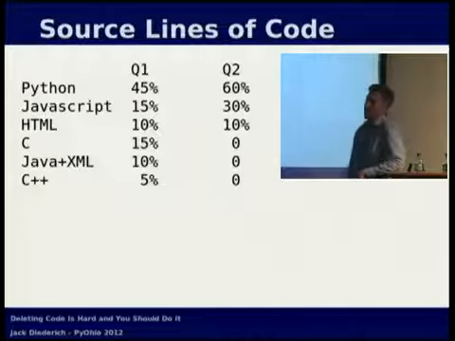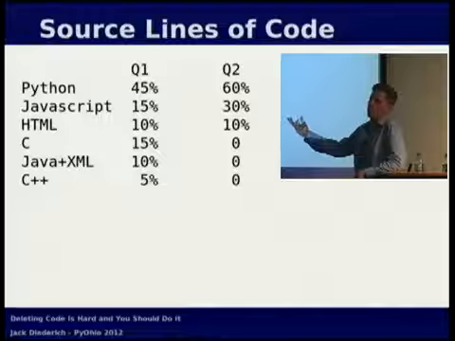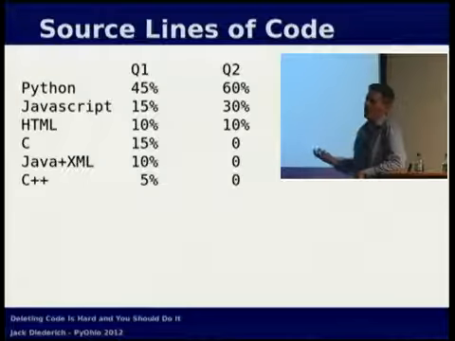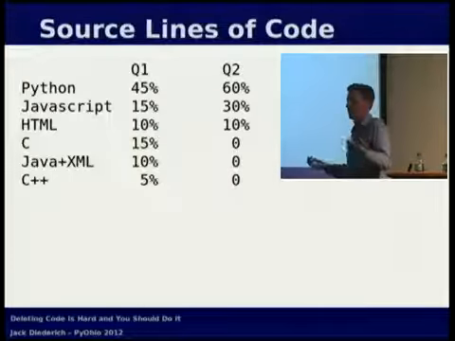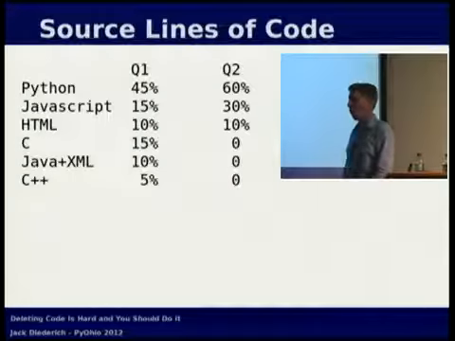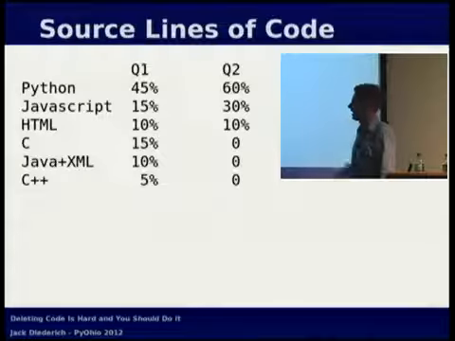So to get rid of the Java thing, three years ago when we looked, the Natural Language Toolkit didn't have exactly what we wanted, but it turns out in the intervening three years, someone wrote it. So we said, hey, we can delete all the Java and XML in our application and just use someone else's stuff. So that dropped to 0.